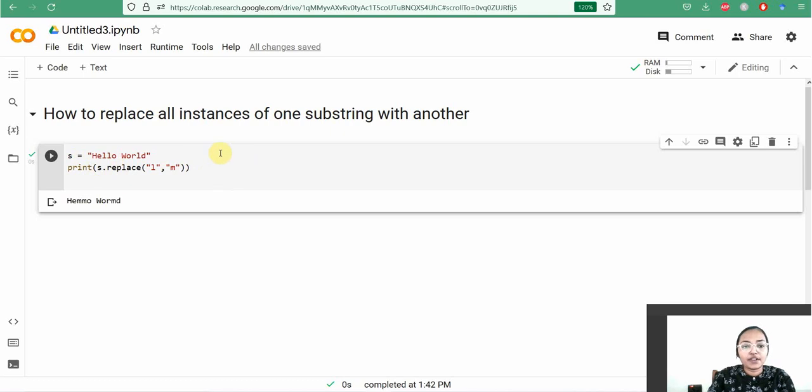So this is a replace function which will replace all instances of one substring with another, or one character with